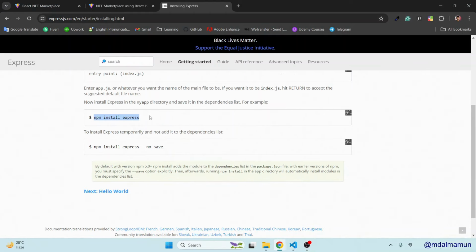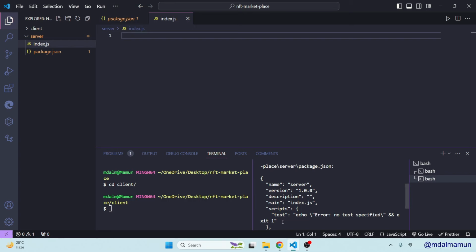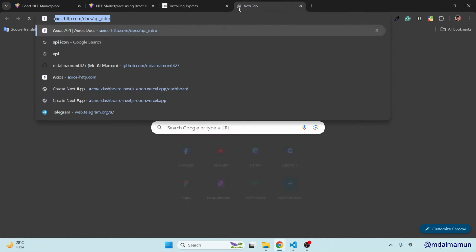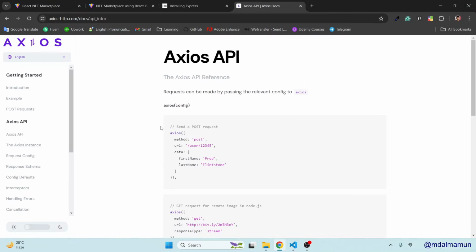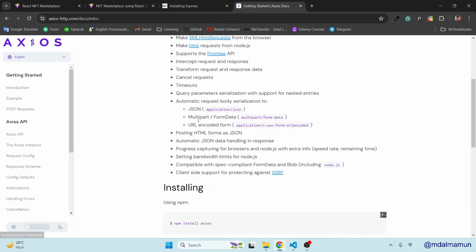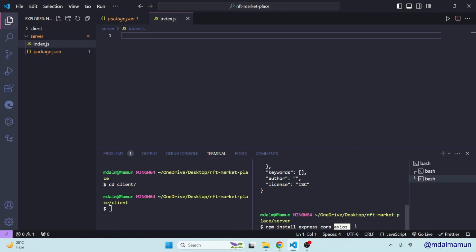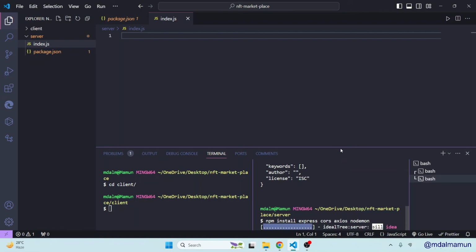After then we'll have to install ExpressJS. So let me paste it here, and we'll also install cors. Then we need Axios. Let me define Axios. The command is Axios. We need Nodemon, and all of this stuff. So let me press enter for now. Okay,